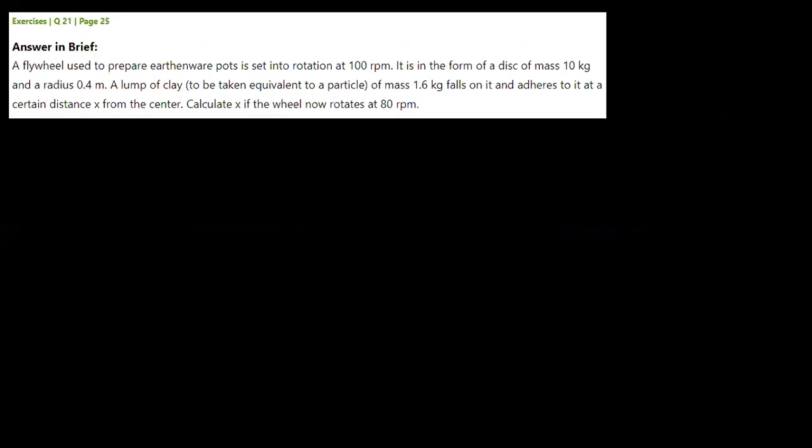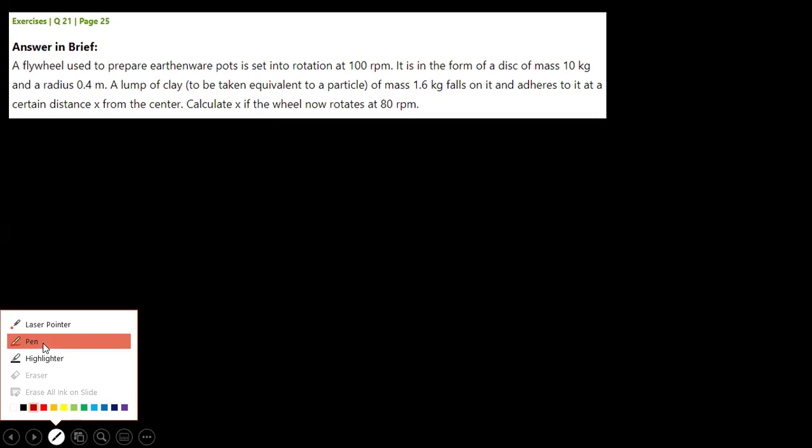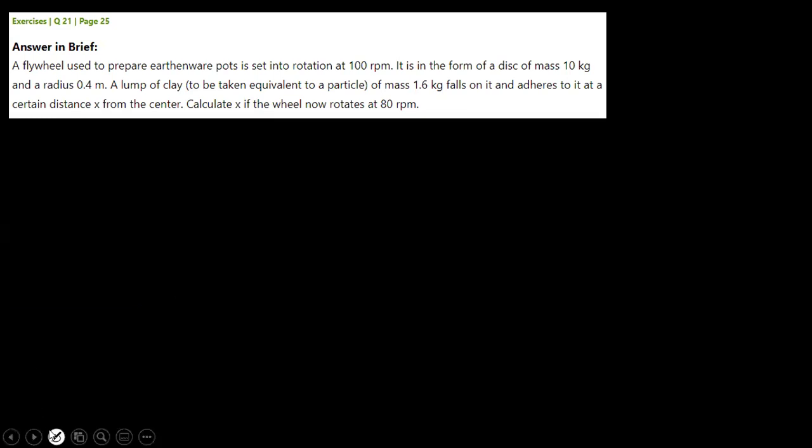Next, a flywheel used to prepare earthenware pots is set into rotation at 100 rpm. Okay, so next they have been given the frequency again, 100 rpm दिया हुआ है। What will you do? You will convert rpm to rps. ठीक है, तो क्या करेंगे? As I told you, frequency is given to you 100 rpm, converted to rps, तो 100 upon 60 rps